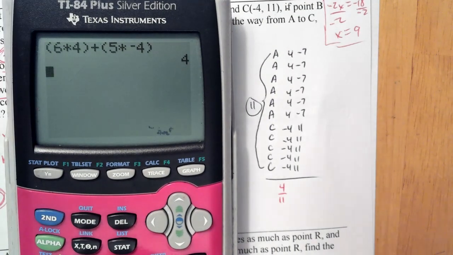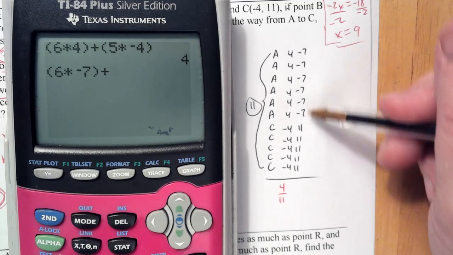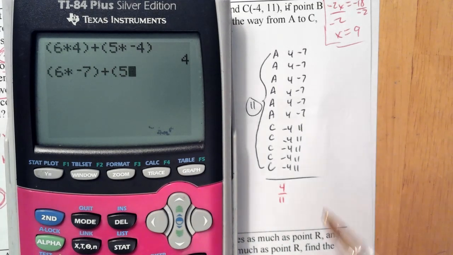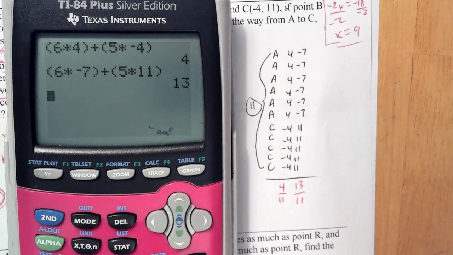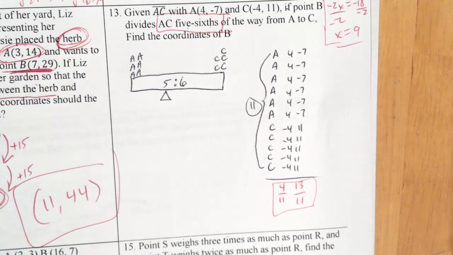No big deal. And then over here, we have 6 times -7 plus, and we have 5 of those 11s. We got 13, so that'd be 13 over 11. Okay, and that's as simple as it gets, right? So that's the answer. Now, if you want to go that extra step and figure out what was going on,